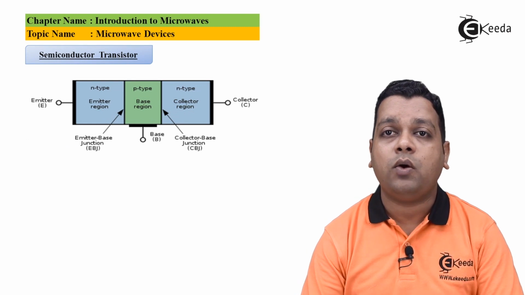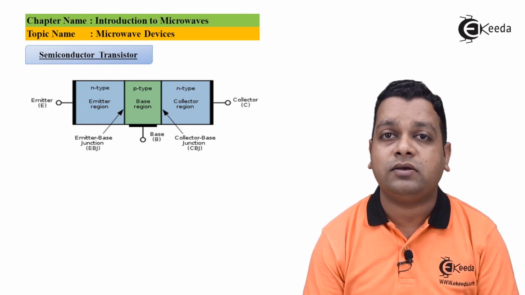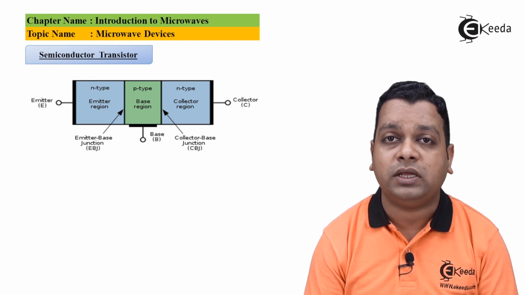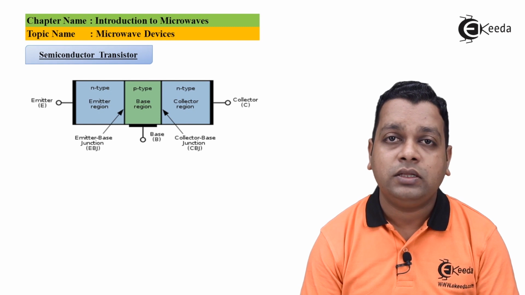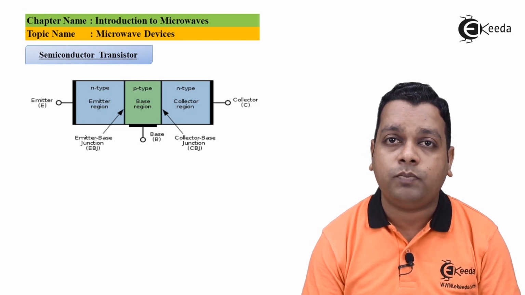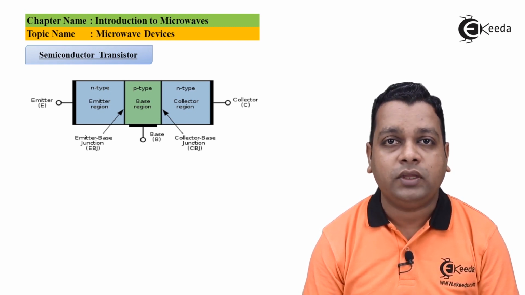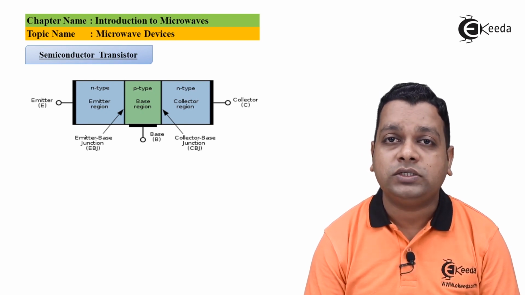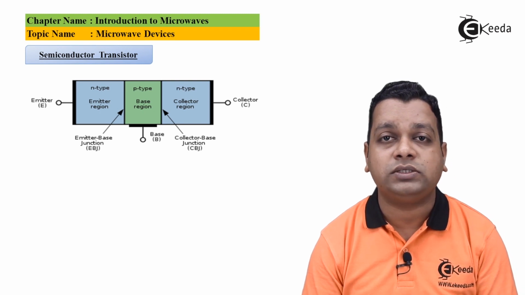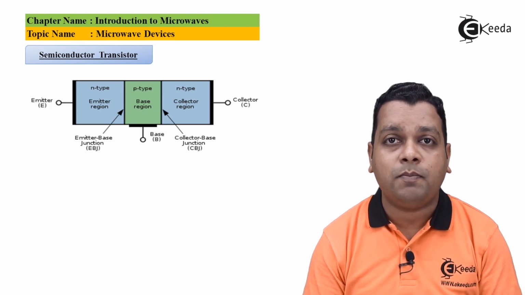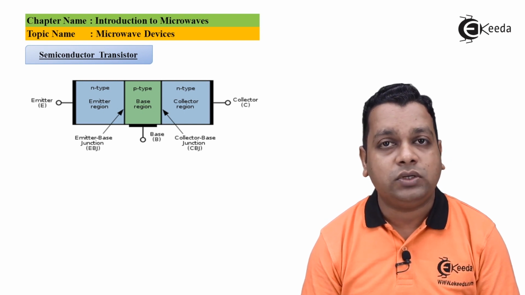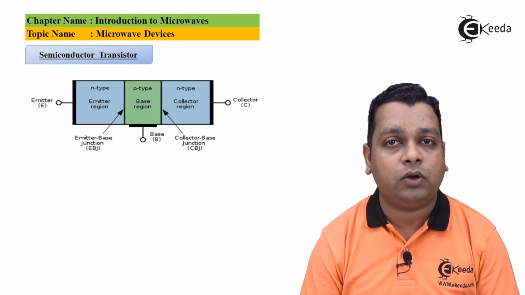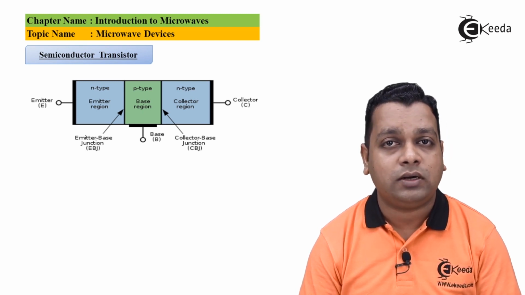Next to that, here we have a semiconductor transistor. As in the diode, where two types of semiconductor material had a junction, here we have two junctions. The first type of material can be either p-type or n-type, then the other type of material, and then the previous type of material again. This way we have three regions in this transistor: emitter, base, and collector. Here also it requires proper biasing for the two junctions in this transistor.